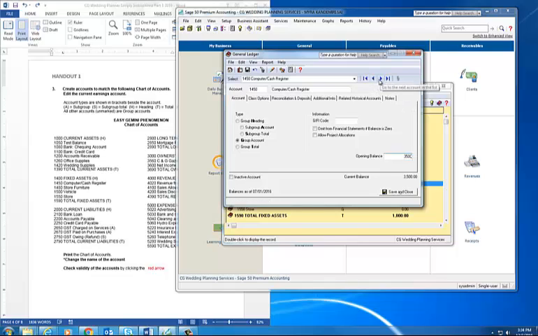Next account, store furniture, beginning balance 4200. Next account, vehicle, beginning balance 9000. The next account, bank loan,